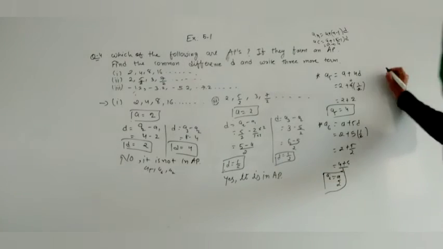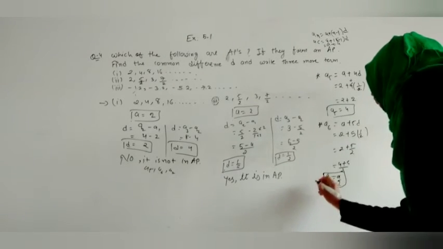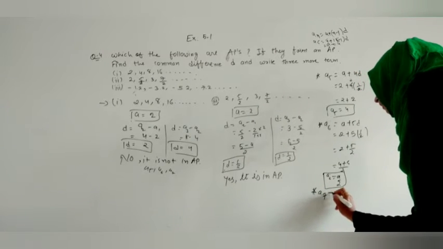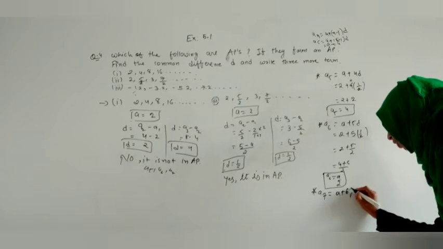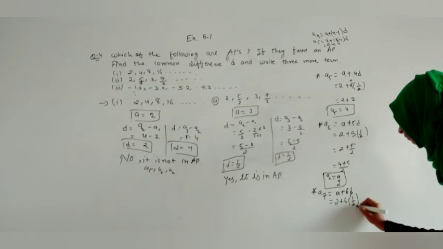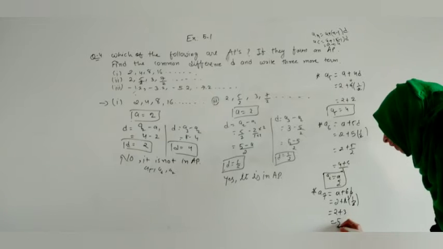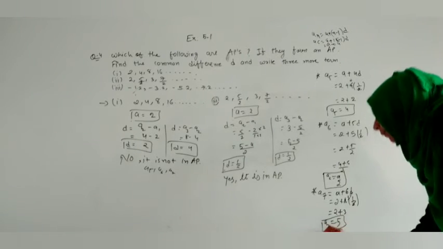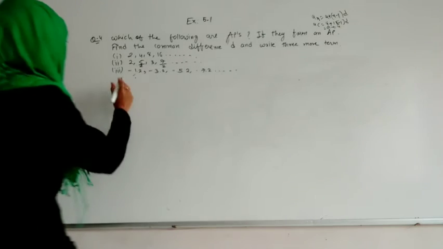And let us find the last one. अगर हमें लास्ट टर्म ढूंढनी है यानी कि a7 ढूंढनी है, थर्ड वाली 3 मोर टर्म्स पूछा है, तो a7 क्या होगा? a plus 6d. ठीक है, so write the value of a, that is 2. 6 we will write, and here we will write 1 by 2. 2 3s are, so here we will write 2 plus 3, so it will make 5. So a7 we got as 5. So here they asked us to write 3 more terms, so here we have found a5, a6, a7 if it is in AP.